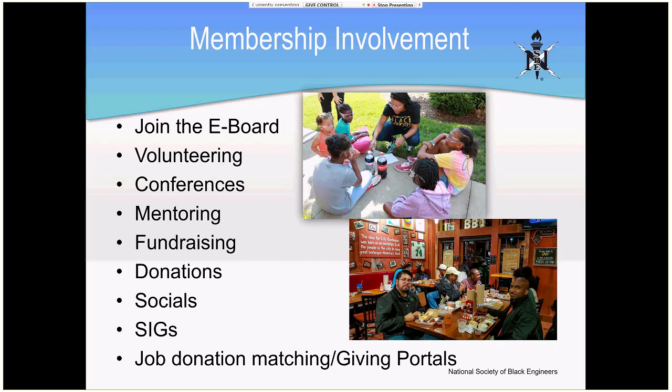All right, so membership involvement. Tasia has pointed out the benefits, but this is just a listing of the things that members have been doing, how you can get involved. You don't have to do everything. You just do what fits into your life, and we understand that people have transitions in life and have other things going on. So if you cannot be consistent, we understand. But we just want to make sure you know what's available to you and what the opportunities are.